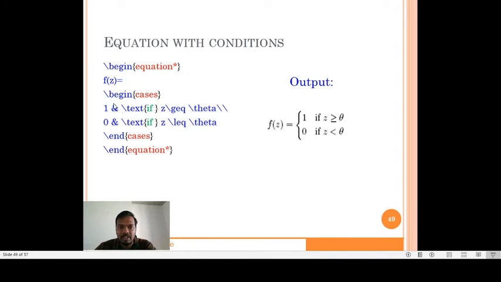The condition is to be mentioned after the ampersand, so \text{if}, then z \geq \theta. The \geq command is used to print the greater than or equal to sign, and \theta is used to print the theta sign. Another option is that the answer can be 0 if this is the condition. And then \end{cases}. In this way you can add multiple choices and multiple conditions, and then at the end you end the equation. When I execute this code, I'll get the following output as shown over here.